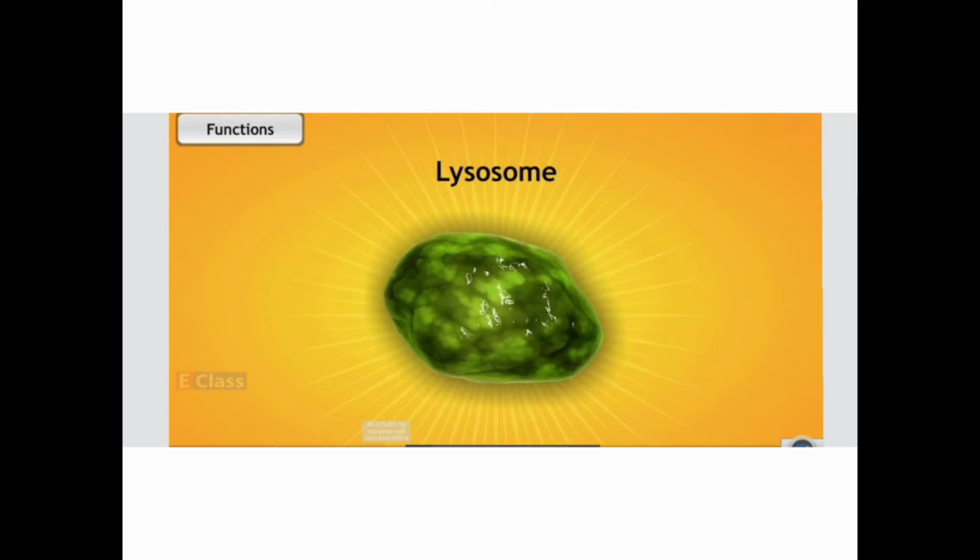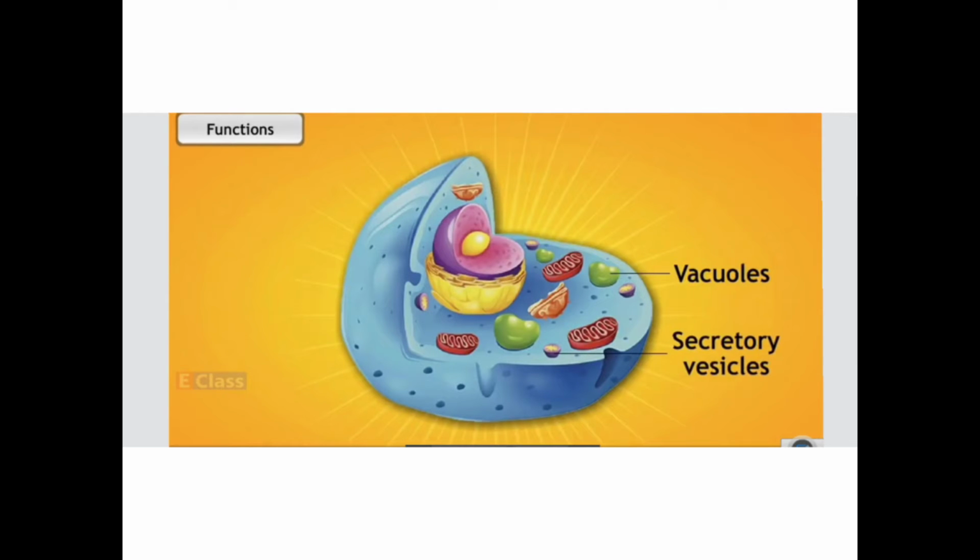See, various metabolic activities take place in the cell, isn't it? So from there also organic waste is generated. Waste products are generated in our body, right? So these lysosomes digest the waste which is there in the cell. Now how do lysosomes look? Lysosomes are very simple, single membrane bound sacs, and they are filled with digestive enzymes.